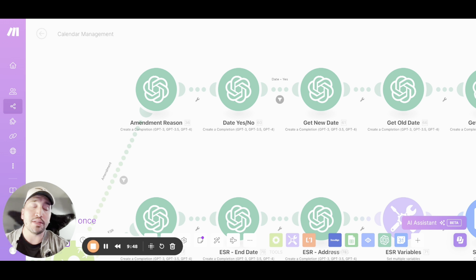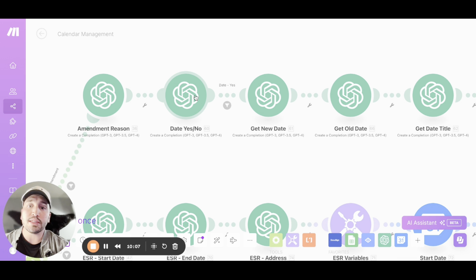Is it because there's a date change? Is it because just some wording had to be fixed? What is the reason for it? Because this is a calendar management automation, the only type of amendment that we care about is a date change, obviously. So the next module that it's going to go to is another AI module that's going to just say